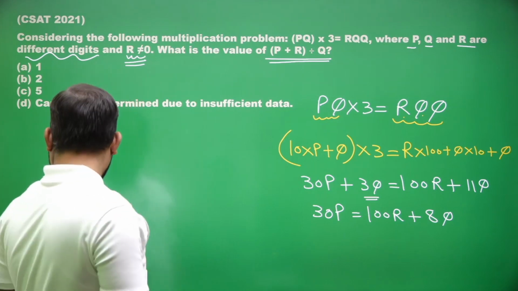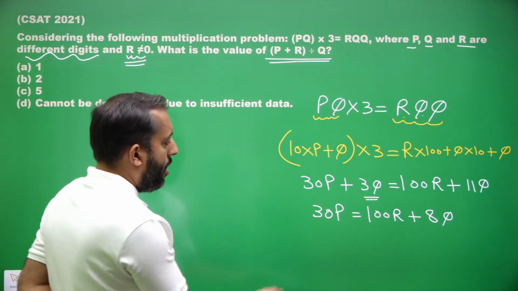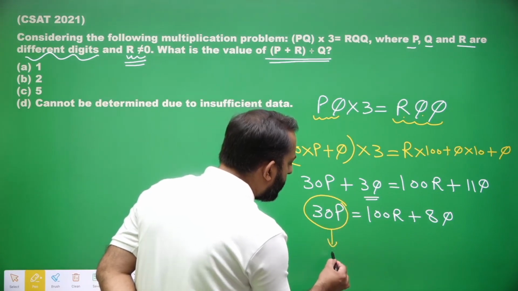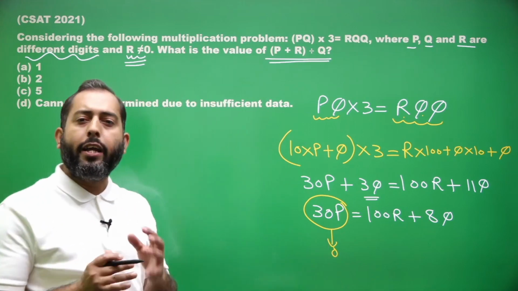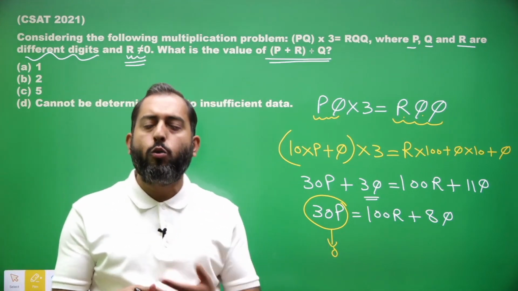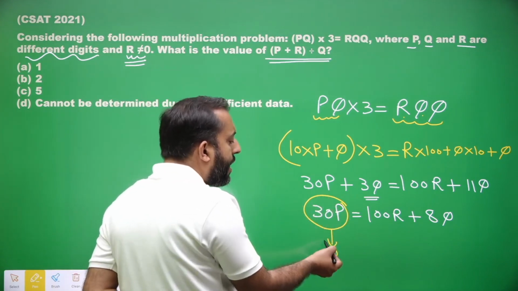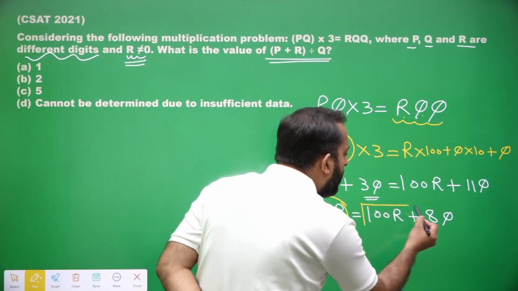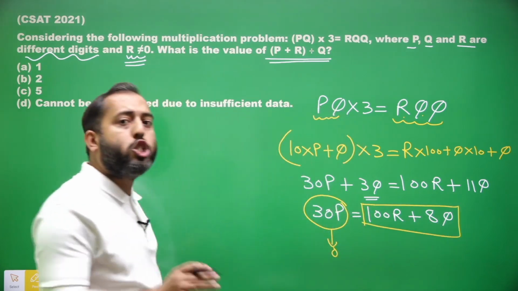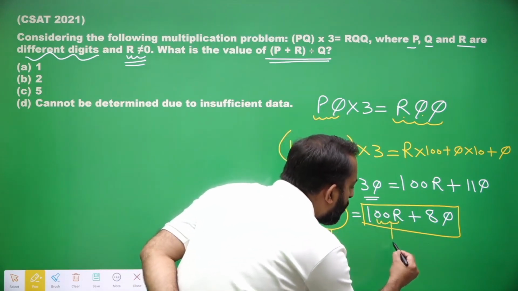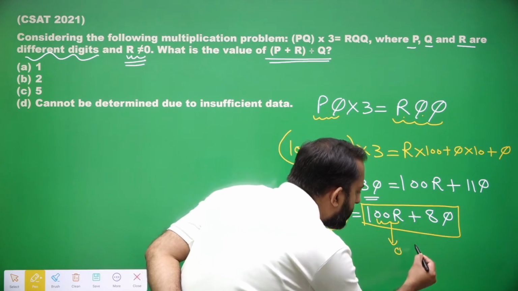Now, the units digit of 30P is going to be 0, because 30 multiplied with any number will produce a result whose units digit is 0. So if the units digit of the left-hand side is 0, then definitely the units digit of the right-hand side should be 0. 100 into R will produce a units digit 0, plus